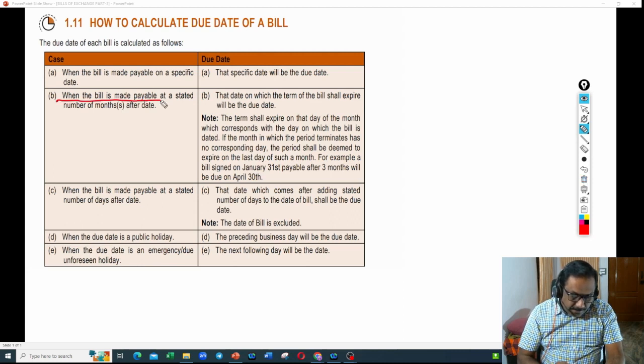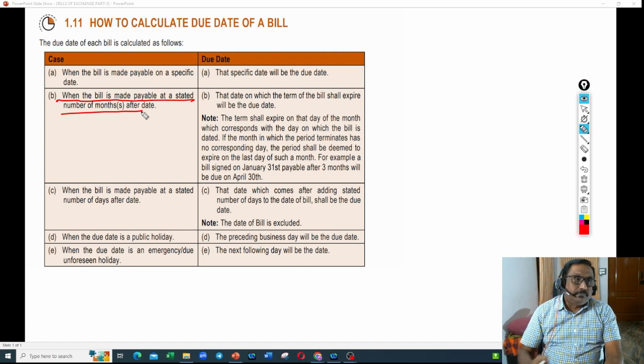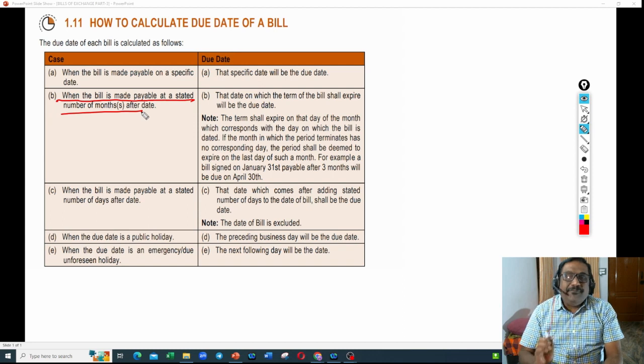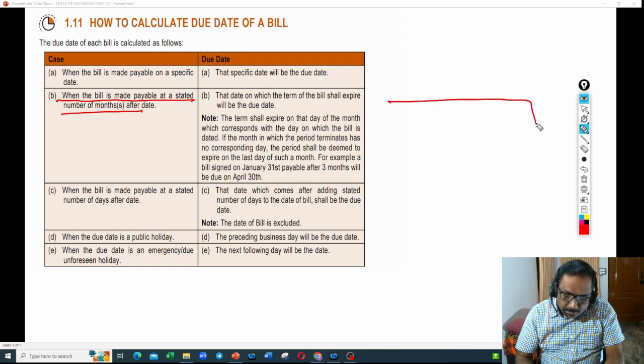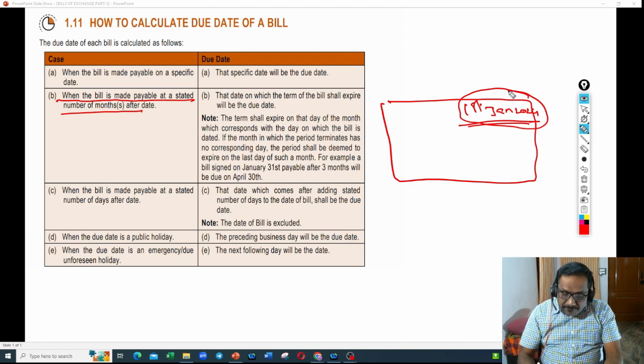When the bill is made payable at a stated number of months after date. What do you mean by after date? Do you remember I told you this after date concept? Suppose I prepare a bill and the bill date says 1st January 2024. This bill date is called after date. So after this date,